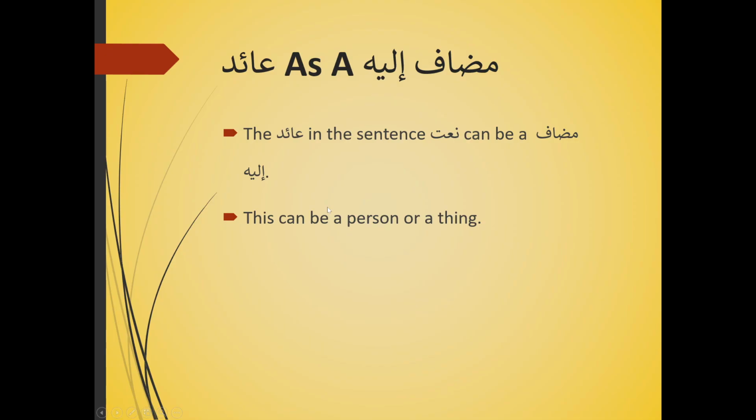But with special mudafs, like I mentioned before, it is not necessarily that meaning. It's like before or after, on top, below. So these are special mudafs. What we were doing before was special zarfs. Special mudafs are zarfs, and zarfs have special zarfs as well on top of that. So it's special of specials. That's when we saw the kullama and things like that. Now this can be a person or a thing.